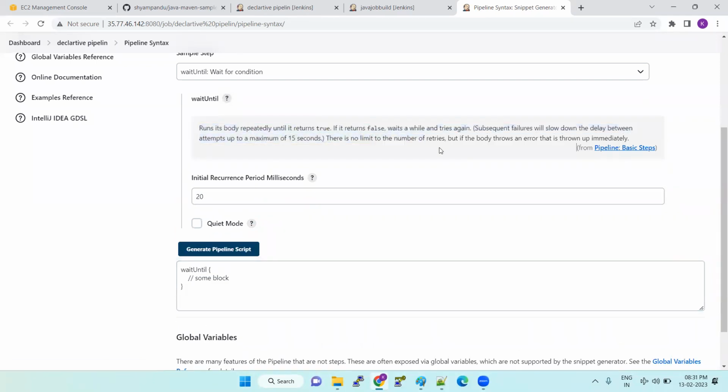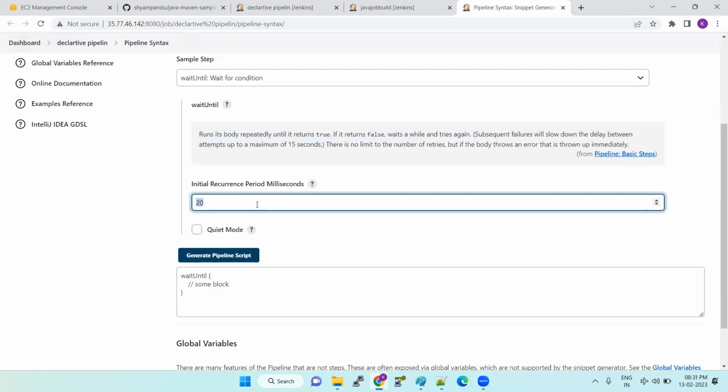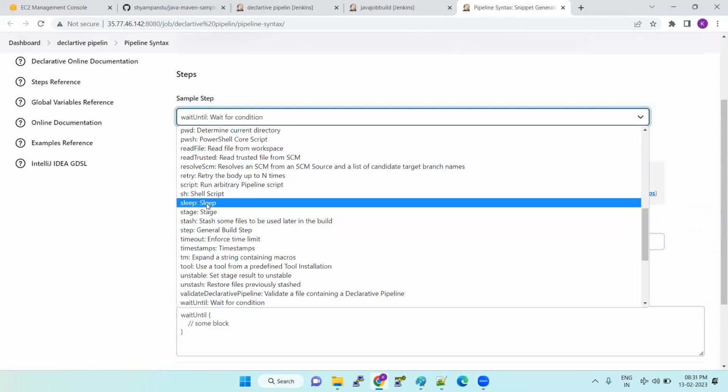Okay. So based upon the condition value, it keeps on executing. It waits until the condition is satisfied, and then keeps on executing. If it is returning false, it will try again after this time. Okay. So like that. So if you want to sleep it,